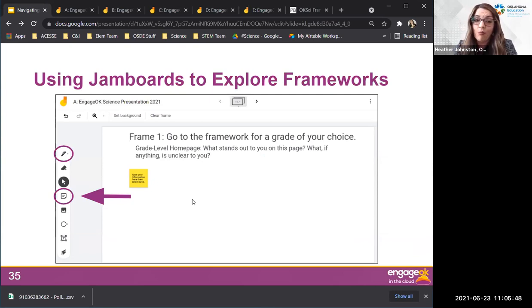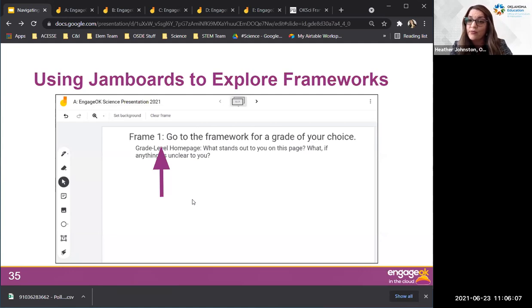If you want to be like, yes, at +1, I agree with what they're saying, you can also use the pen there. And then each of the frames that we are going to be working on is titled frame 1, frame 2, frame 3, and so forth. So in our first groups, we're going to be working through frames 1 through 5, but we'll provide those directions in just a little bit.